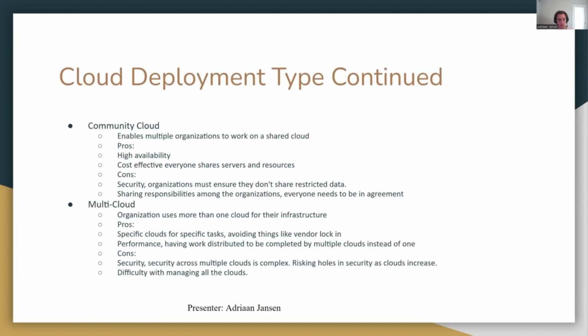Next, we have a community cloud, which is a cloud that enables multiple organizations to work on a shared cloud. An example of this would be universities using a cloud sharing their research. So the pros of this is that they have high availability, they're cost effective because everyone shares servers and resources,